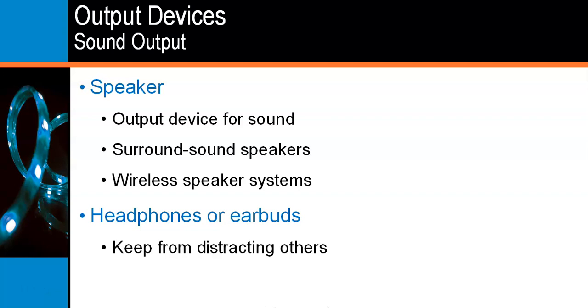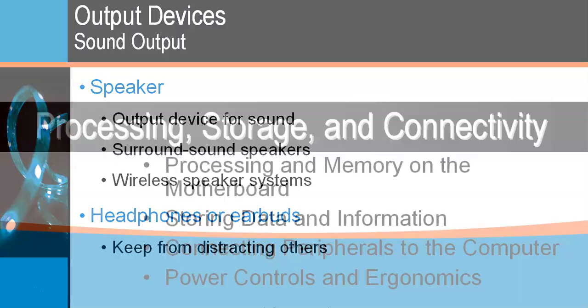Other types of output devices include headphones and earbuds. They can be very handy. They allow you to keep from distracting others, or sometimes when I'm listening to something that's an adult topic, I may not want my kids to hear it. Some of the people I listen to on YouTube are a little bit casual in their use of profanity. They're good videos on good topics, but they use the F word or other words really more than I like. And I will listen to them on an earphone, because I don't want my kids to necessarily hear it. They'll be learning those words fast enough, and I don't want them to hear them from something that I'm doing.